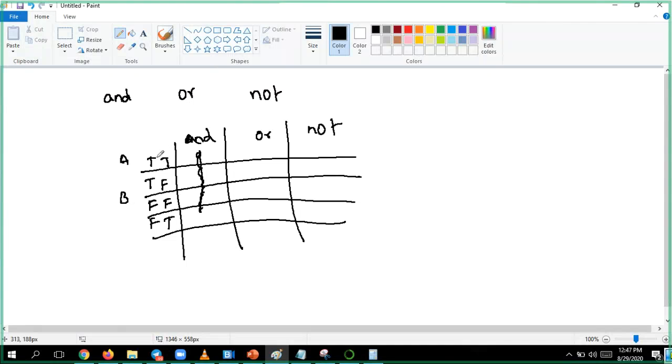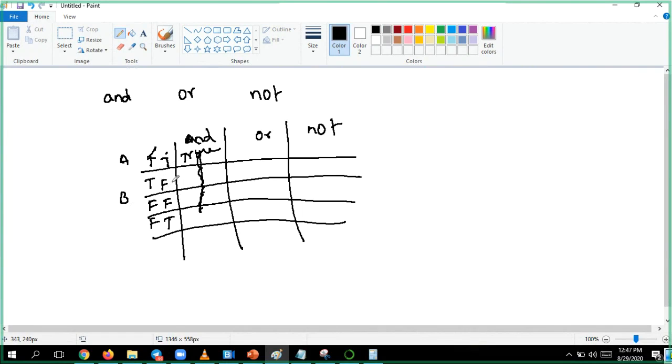Now, when it comes to AND, if both the A argument and B argument are true, then only the AND result will be true. Remember that.